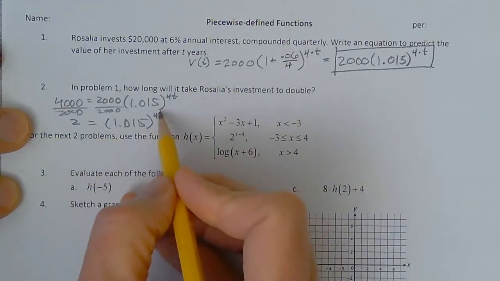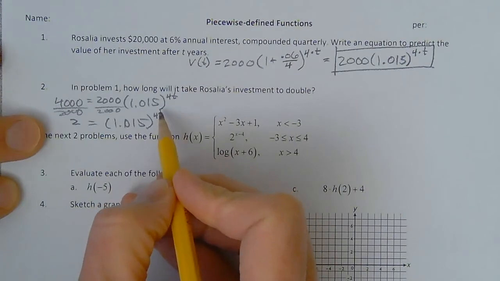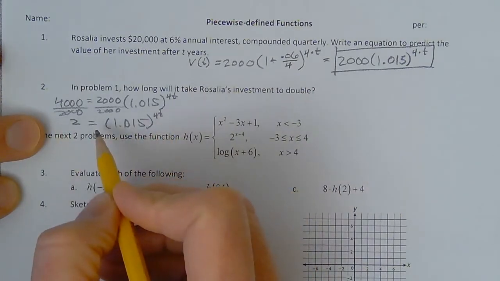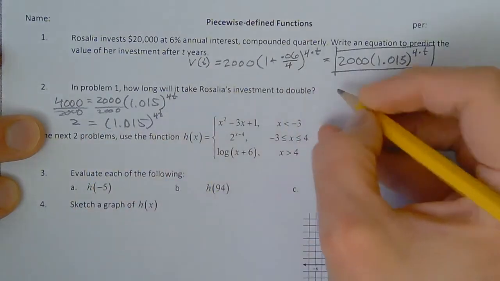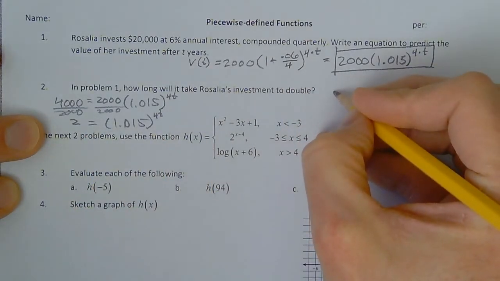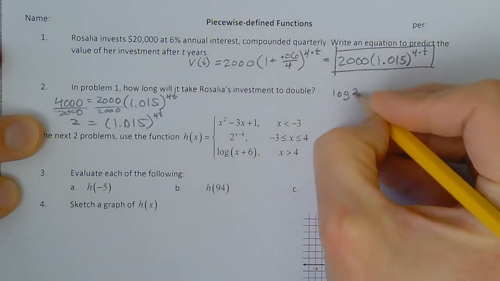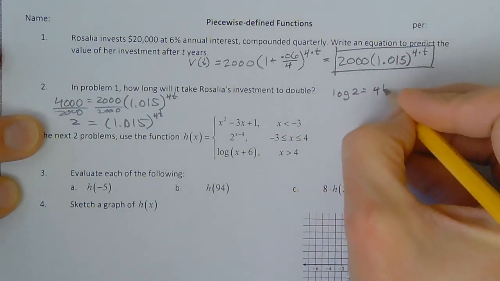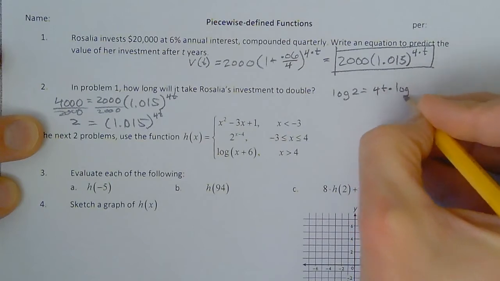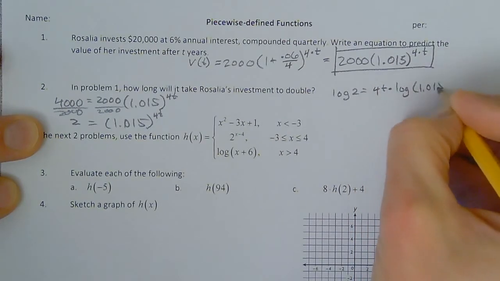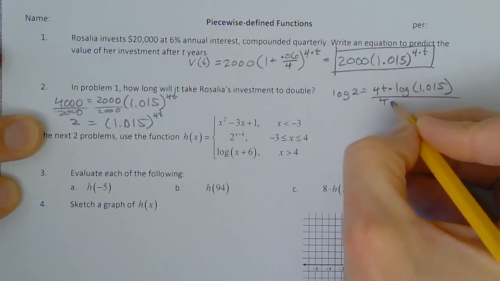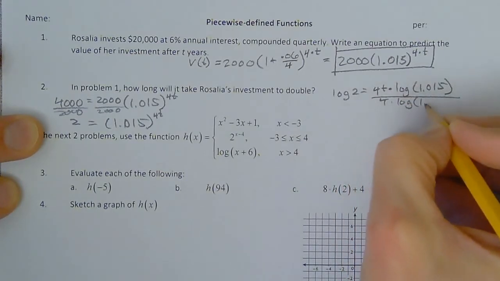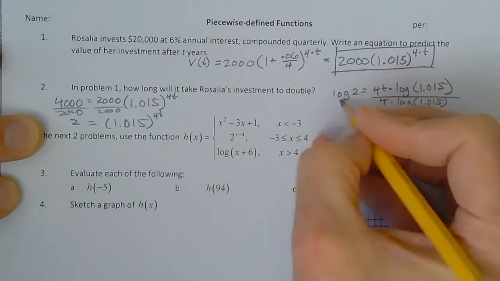We need to access that t that's up there, so we're going to take a logarithm on both sides. Move that over here where I have a little bit more space. It's going to be log 2 is equal to 4t times the log of 1.015, and then I will divide by 4 times the log of 1.015 on both sides